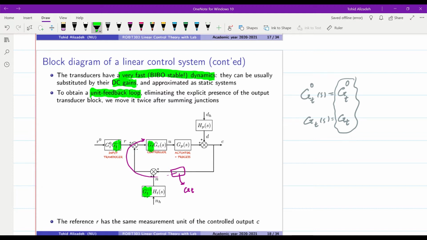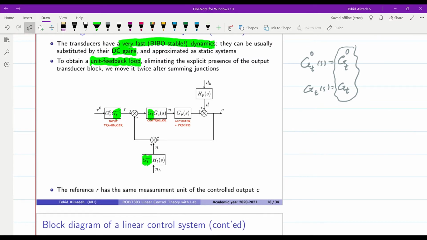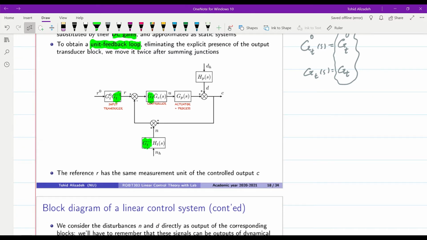So basically, if you compare the signals that we have in this system with the original one, they should be the same in every place in it. Okay. So once we do this, let me just remove GT from here. The new form of our closed loop block diagram system will be similar to this, and afterwards we can